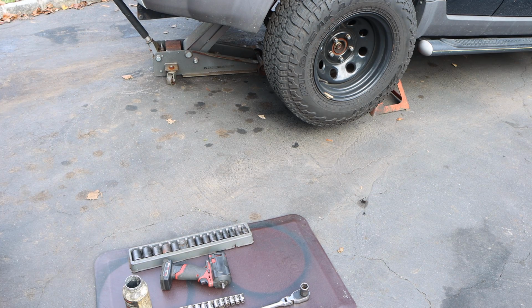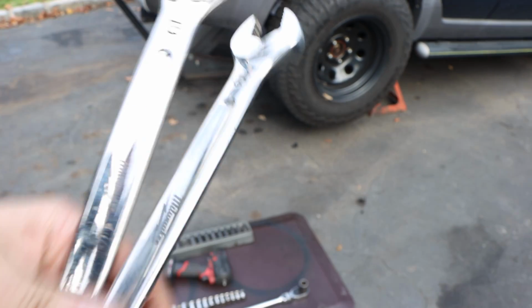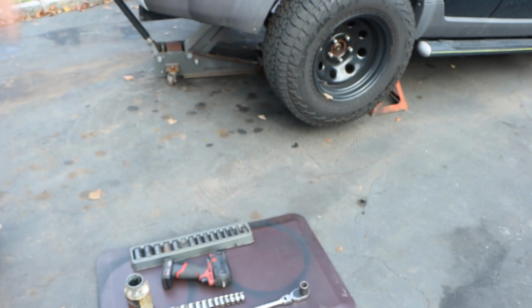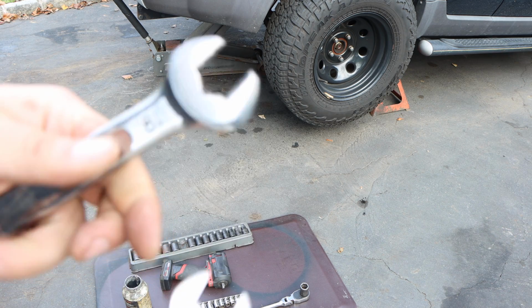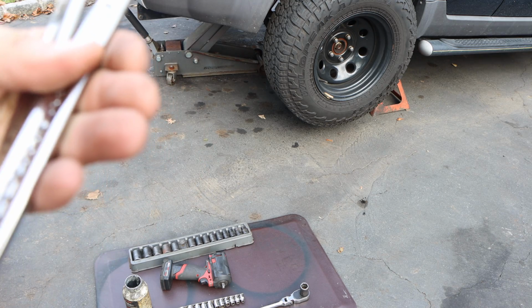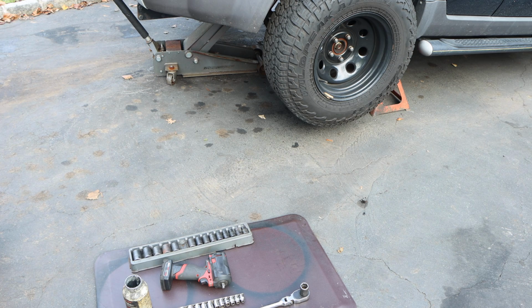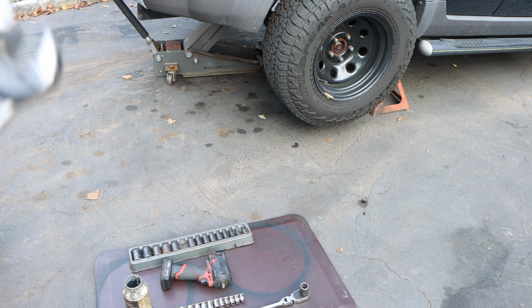I just want to show you something different. I just picked these up. I'm not going to be using my go-to wrenches. These are Milwaukee Max Bite. Nice chrome plated. Look at that. They have teeth on them. So like I said, that bottom bolt really has me worried. I don't want to strip that out, so I want to give myself every opportunity to make sure that doesn't happen. These are a little bit thicker. These are an aftermarket Chinese wrench compared to having something here in the USA. But we'll give these a go and see how they work out. Without further ado, let's get